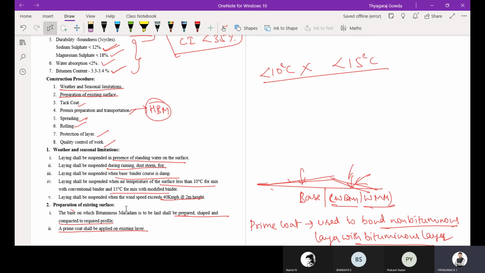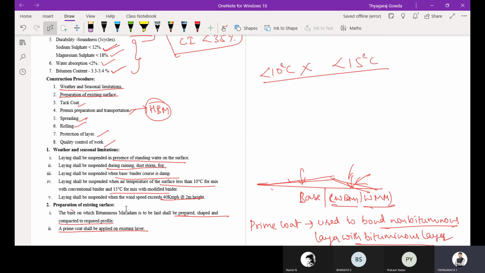Then weather and seasonal limitations. As we all know, laying shall be suspended in presence of standing water on the surface. That is, you are going to stop the construction of bituminous layer when water is present on the surface. Whenever it is raining, you are also going to stop laying the bituminous mix.